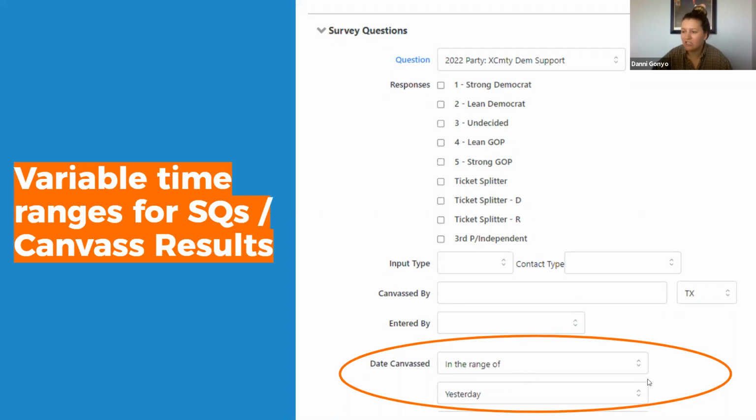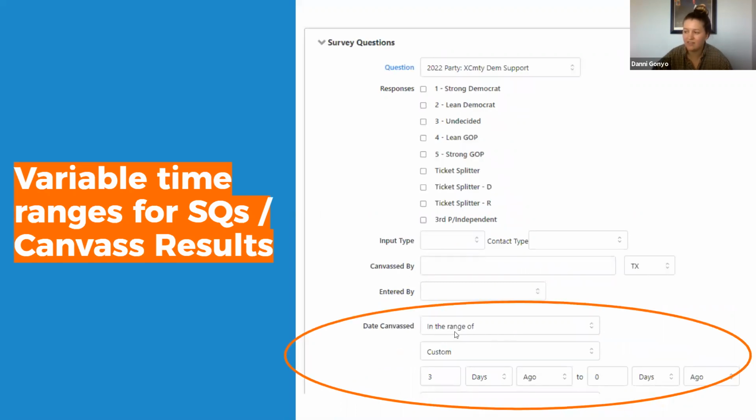You can select in the range of, and you can select things like yesterday. You can also select custom ranges, and you can do in the last 3 days, in the last 14 days, in the last 55 days, whatever you want. You can have a lot of flexibility here